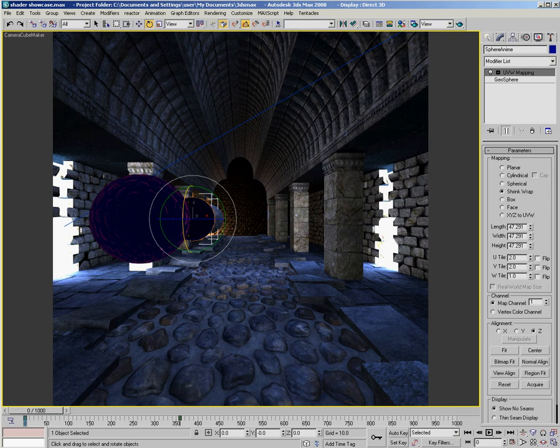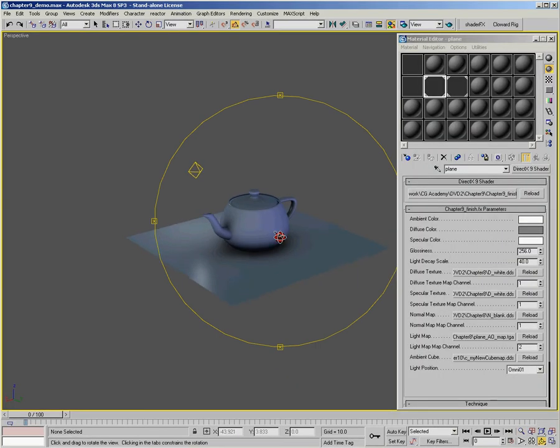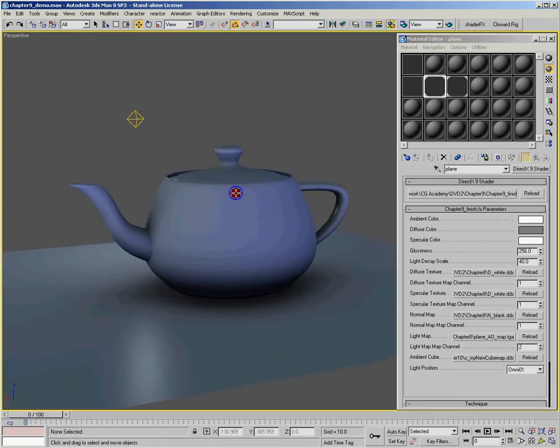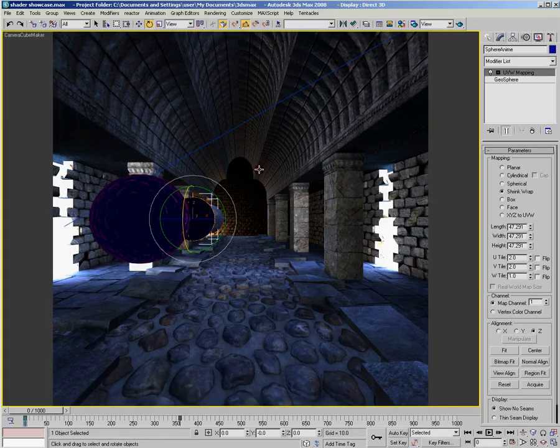So there you have it. You have the two methods for creating cube maps to light your objects. So with the first method, you use a light probe that's captured from the real world. And just to summarize the second method, you take screen grabs from a virtual environment with your field of view set to 90 degrees, and you bring those screen grabs into Photoshop,